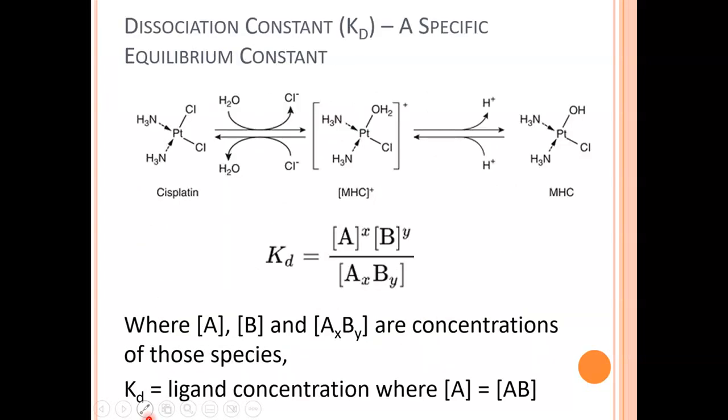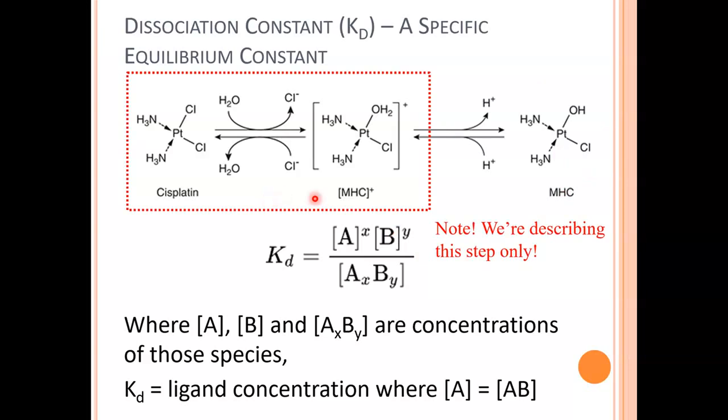So, equilibrium constant, the KD, a specific equilibrium constant. We're going to use an example. We're looking at the drug cisplatin, shown here, and we're looking at a dissociation constant whereby here we have cisplatin. At some point, a chloride is getting displaced by water to give us this intermediate, and then it gets deprotonated. Let's not focus on this end bit, I don't think. We're only describing this step to simplify things. So what we are looking at is